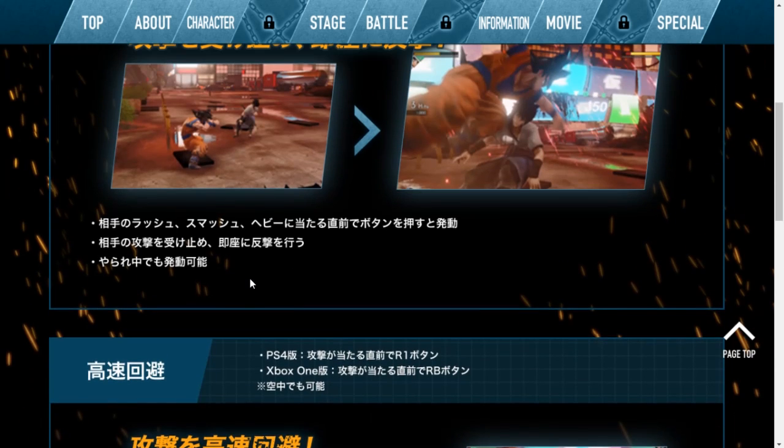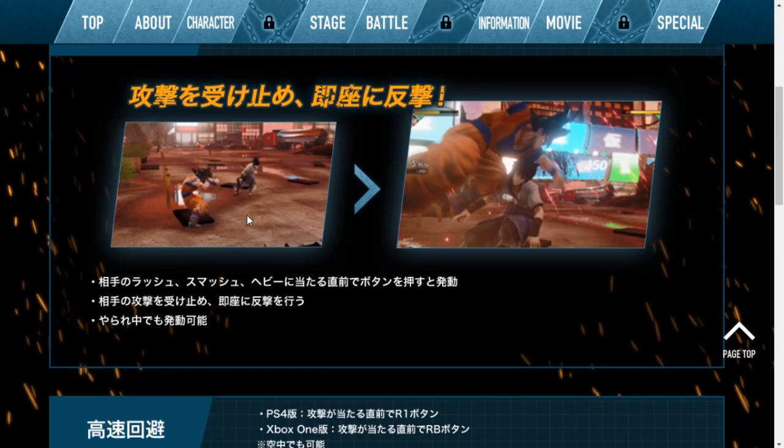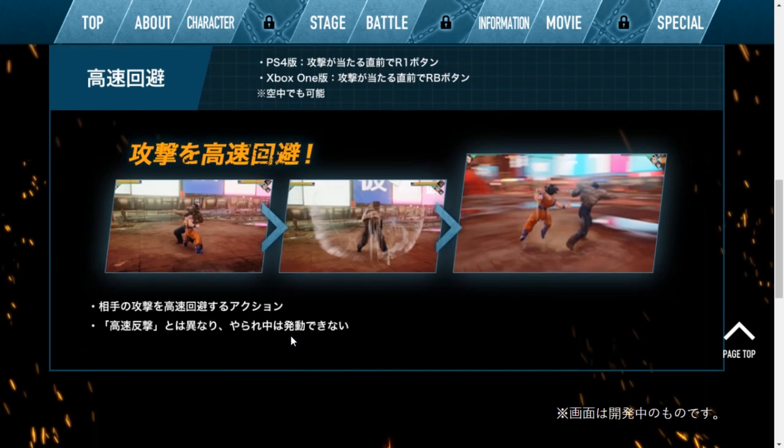And then it says activate by pressing the button just before the opponent's rush, smash, or heavy attack. So it can essentially be used on almost anything. Take the opponent's attack and counterattack immediately, and then you send them flying. So it's just explaining the process. It's pretty self-explanatory. I don't know why they broke it up into 3 different segments, but for those that needed